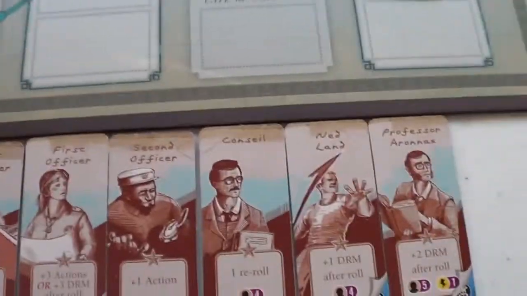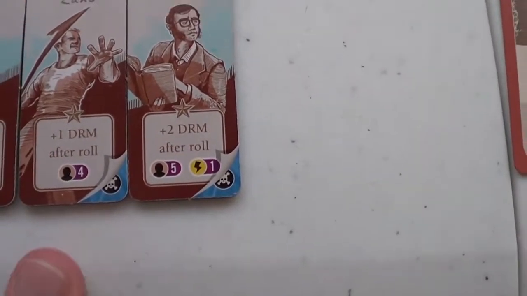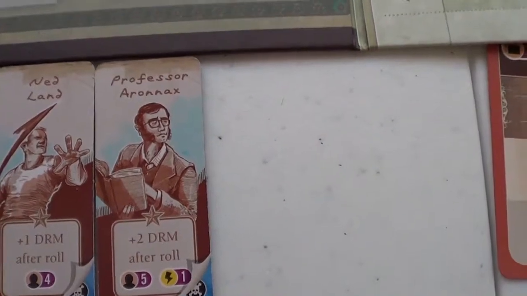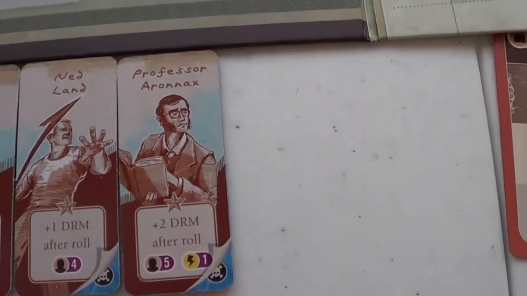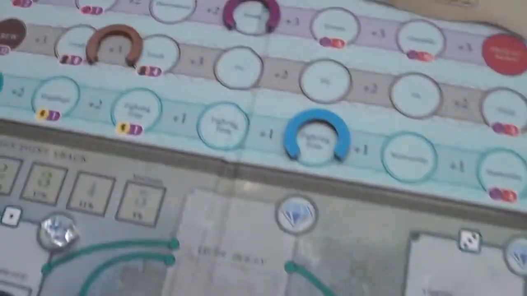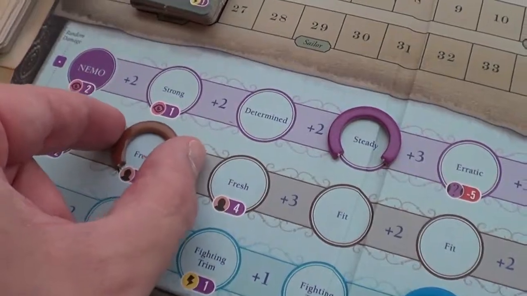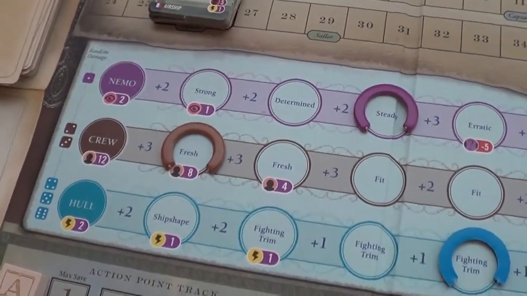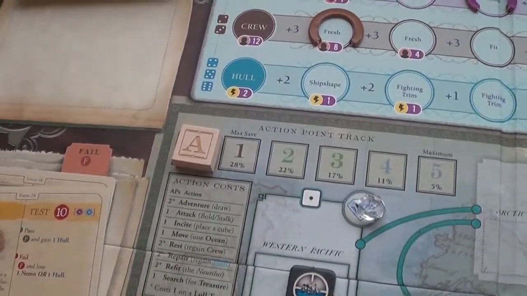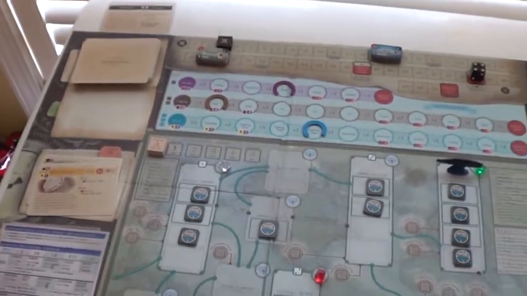Now again, I could use one of my characters here and add a +2 dice roll modifier and get a success, but I don't want to use him so early. Since I didn't lose, I can put my marker back here from where I exerted my crew. And sadly, that's the end of that turn. Anyway, that's how you go